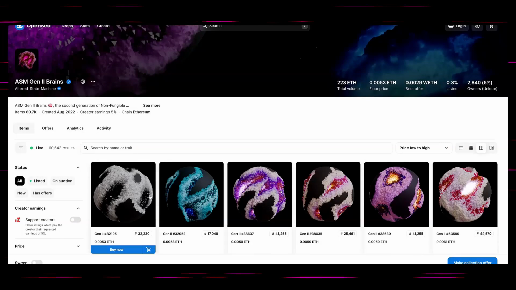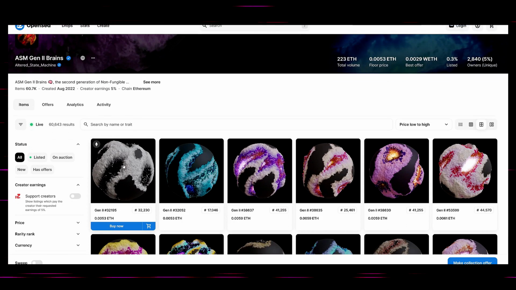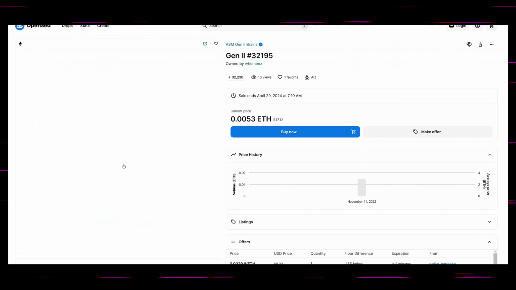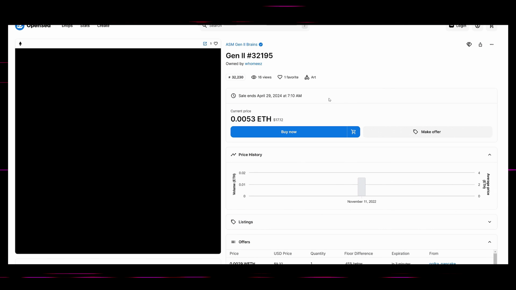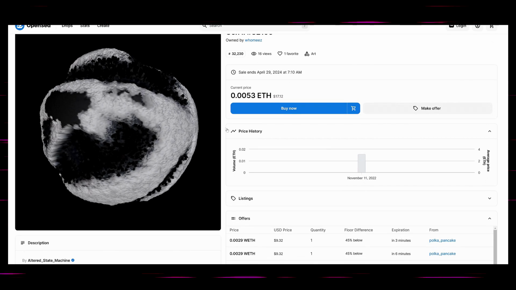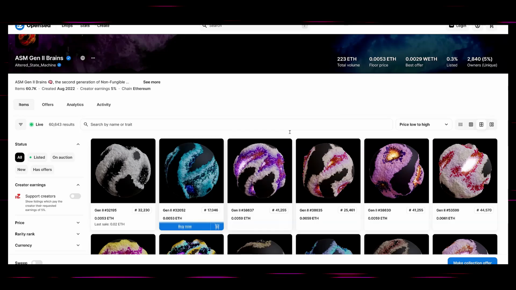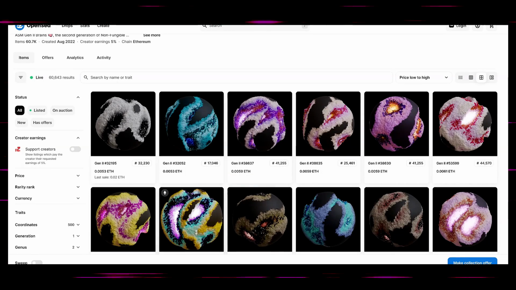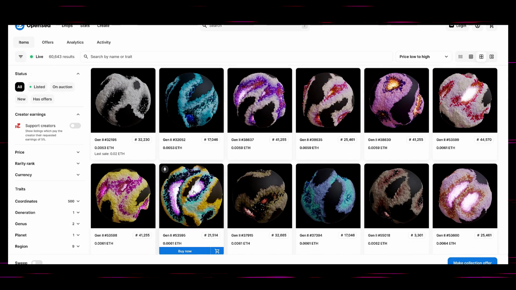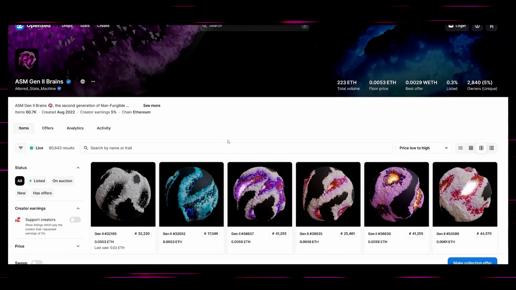The Gen 2 brains are dramatically less. There are way more of these. You can grab one of these for much lower cost, 0.0053 ETH for this specific Gen 2 brain right here. So you can grab one of these for far less, but you can see many, many brains here that you can grab. There are over 60,000 of these, so significantly less.